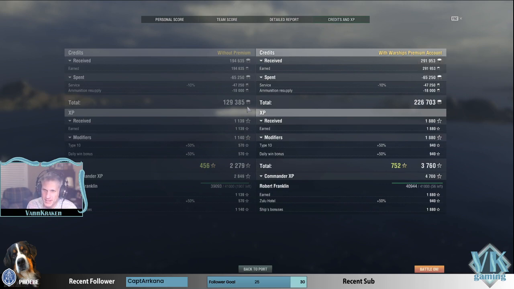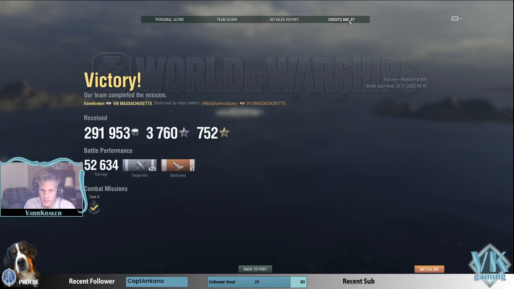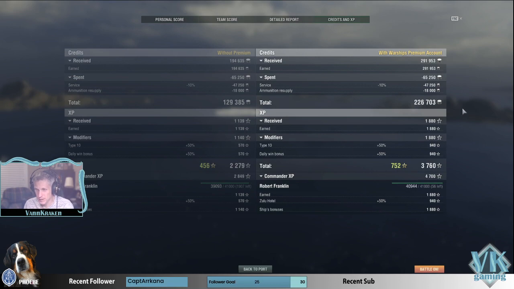We didn't get as many credits as we did in our Oklahoma game. That's kind of sad, but we only had, what, 52,000 damage. So when you're 3 tiers higher and you do the same amount of damage, you're going to get a lot less for that. But still, 227,000, nothing to sneeze at. 750 free XP, I like that total. And 3,700 ship XP,